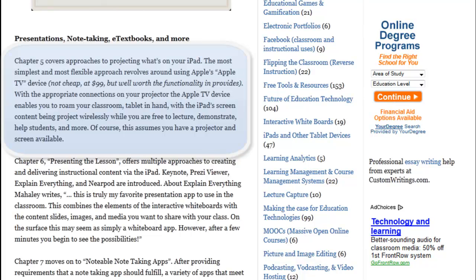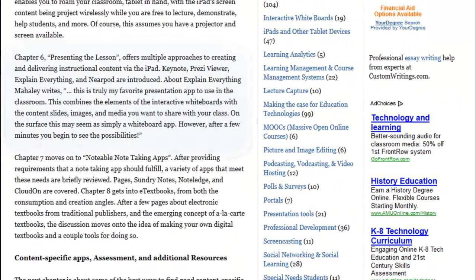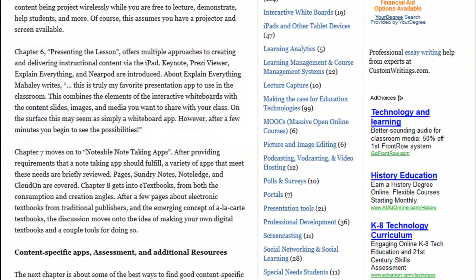David is an advocate of using the Apple TV device. It does cost $99, but it allows you to then roam the classroom wirelessly, assuming you have the proper connections to a projector and, of course, have a projector and a screen to project on. And then we get into various tools to present lessons and present content, so things like Keynote and Prezi Viewer